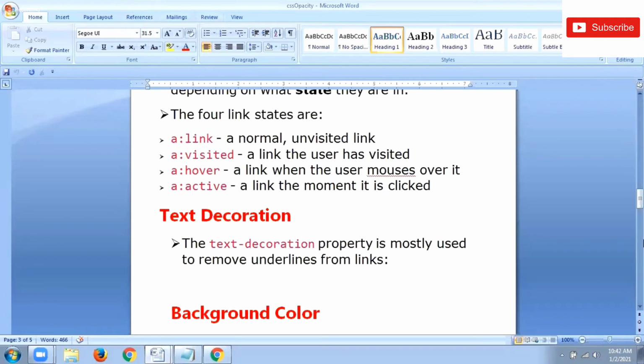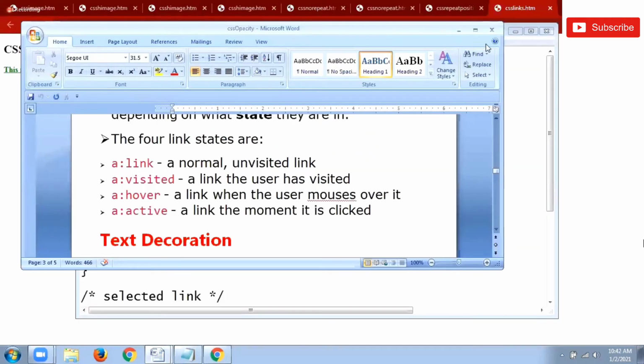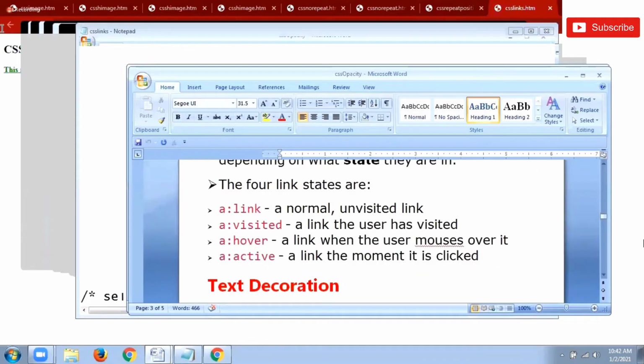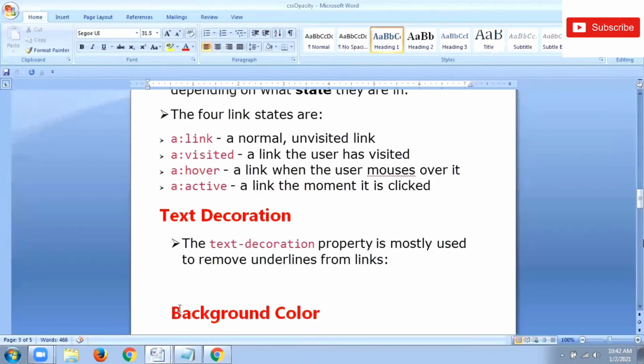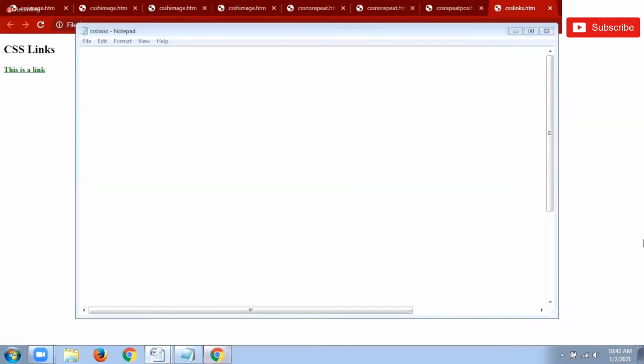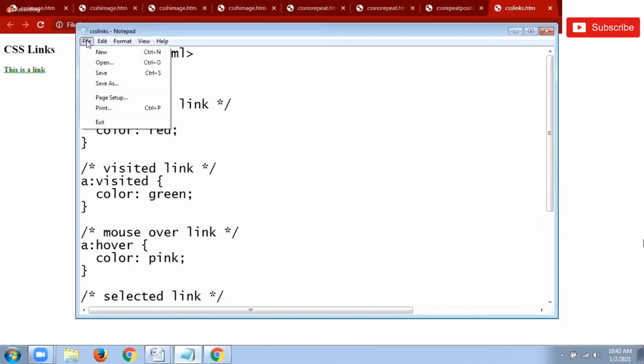See here, for whatever link is there, we get an underline. This is a link. If you want to remove this underline, you can use your text decoration property with these four types of links. So let us see how these four types can be used with links.